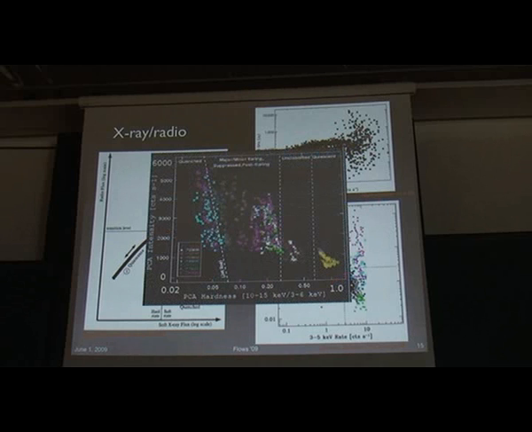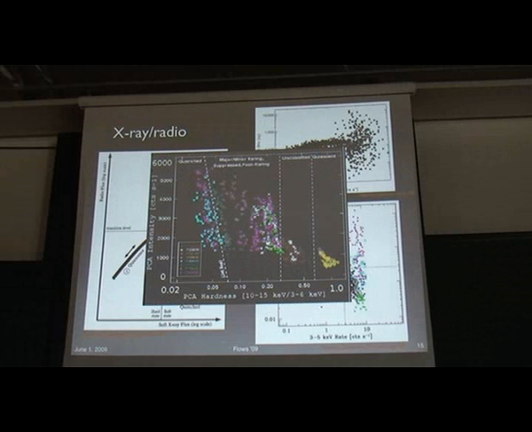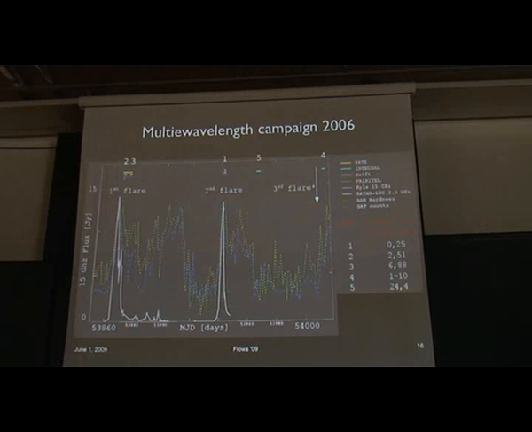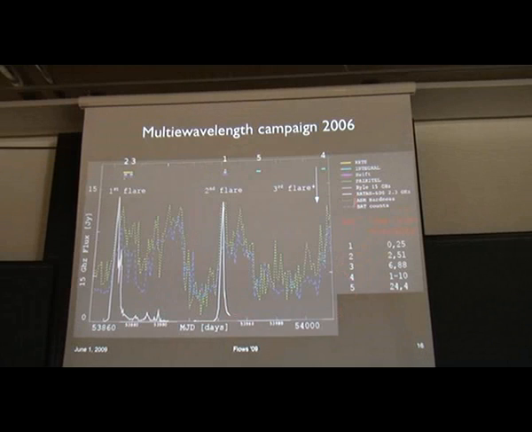I'm not going to go into this much more, because I've just been told I only have 2 minutes. But this is again the Q diagram of all the data points of Cygnus X-3. You would think that it looks like a Q diagram, but in fact it doesn't follow the pattern around this way, but it'll flare up and down here, rather than going across the diagram that way. And this is a multi-wavelength campaign that was conducted in 2006.